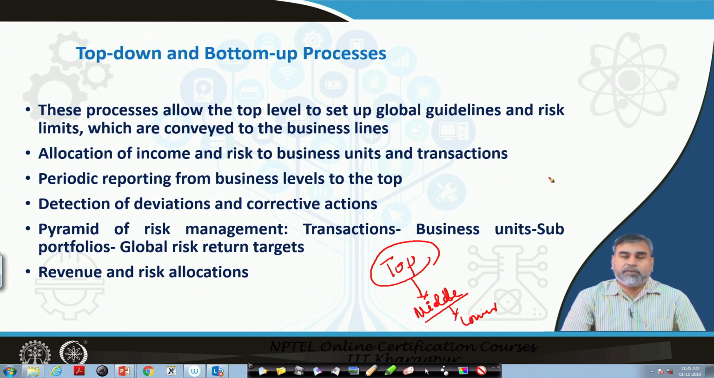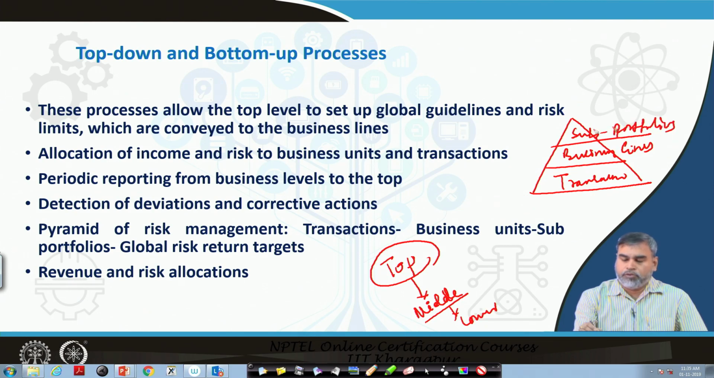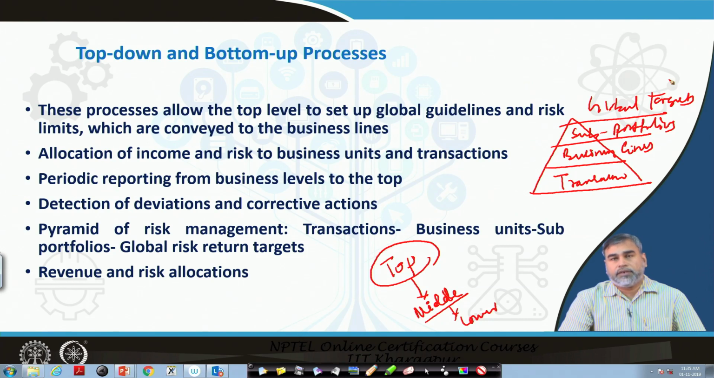The risk management process basically follows a pyramid kind of structure. The structure works like this. We have transactions, then we have the business lines, then we have the portfolios, sub-portfolios or investments in the different portfolios, and finally we have the global targets,